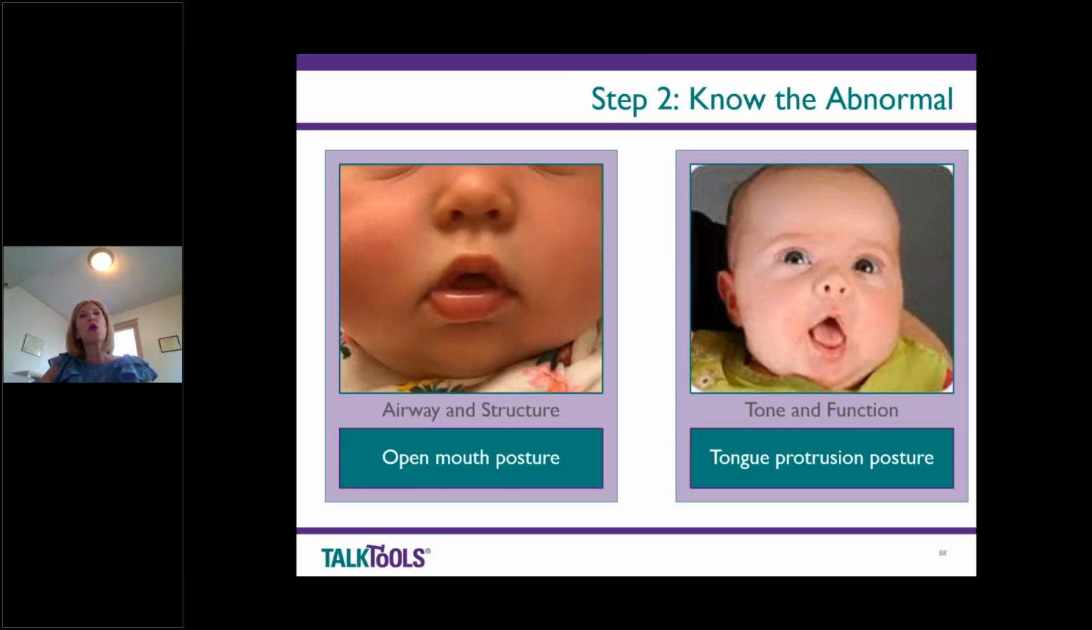Airway and structure: open mouth posture is never normal, especially when it's accompanied by tongue protrusion posture. The tongue outside the mouth. Yes, babies, when they're first born, will play with their tongue and you see some movement. But if 24/7 that baby's mouth is open or there's tongue protrusion, you want to rule out tethered oral tissue